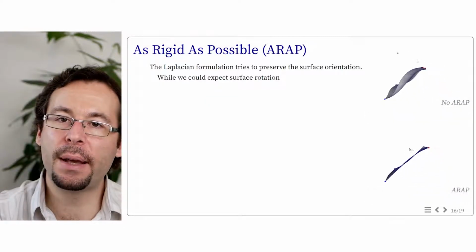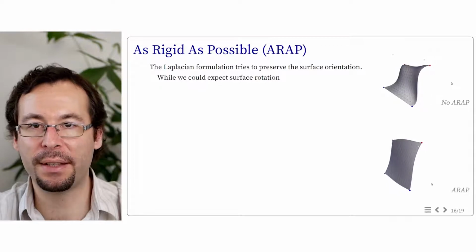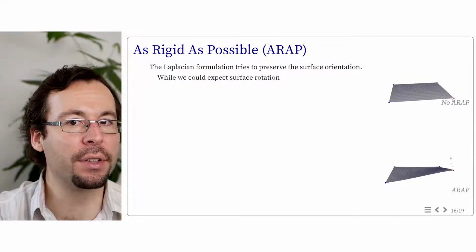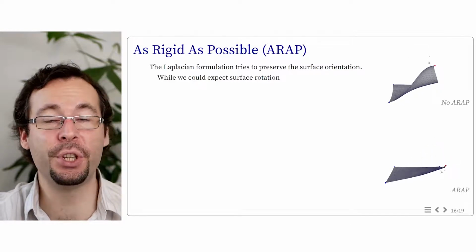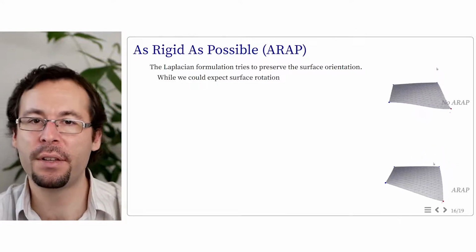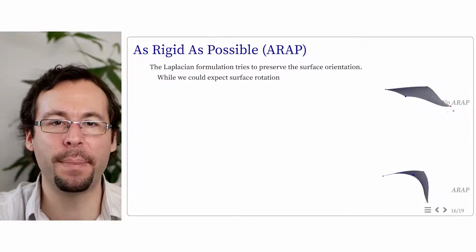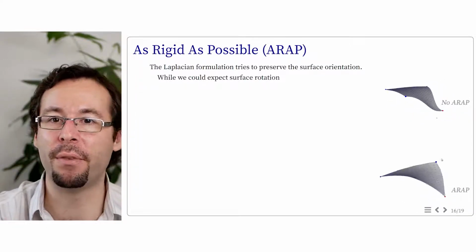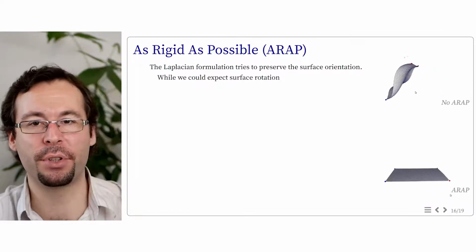So far, the Laplacian deformation applies a smooth deformation on the surface. But it doesn't take into account the surface orientation, or more precisely, it's not a coordinate system which is rotation invariant. So the resulting deformation actually tries to force a specific orientation on the mesh, which corresponds to the original one. And so we cannot model mesh rotation correctly from this approach.